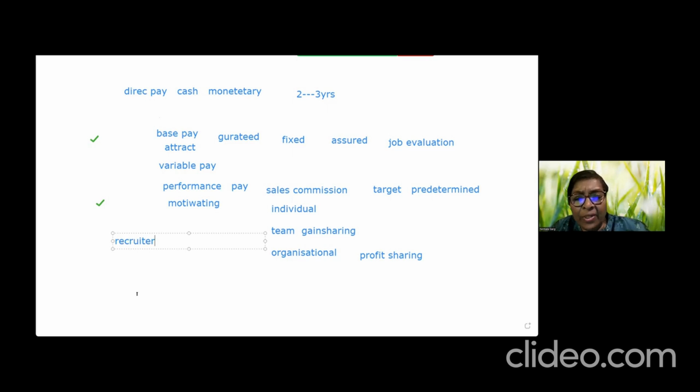Typically, for a recruiter, what all can I have as criteria? He has positions, right? Number of positions, say, for example, 20 positions. In 2 months' time, he has to close, right? So within that time and within the cost, if you are able to close over and above, you can have some kind of incentive. Now, as opposed to a recruiter, a payroll guy.